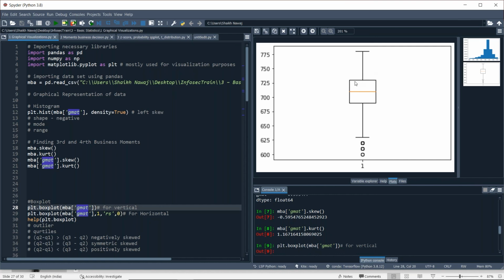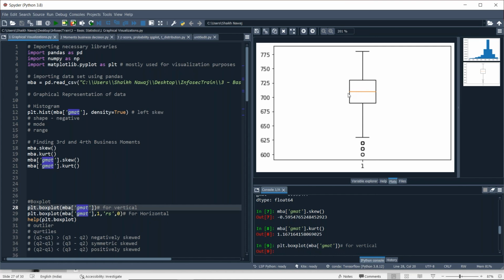The other parameter is the interquartile range, which means the middle 50% of the observations lie between Q3 and Q1, only in this small range from 680 to 730.